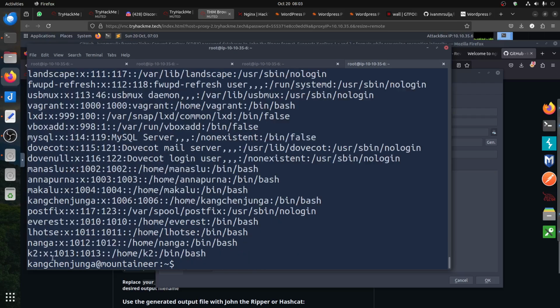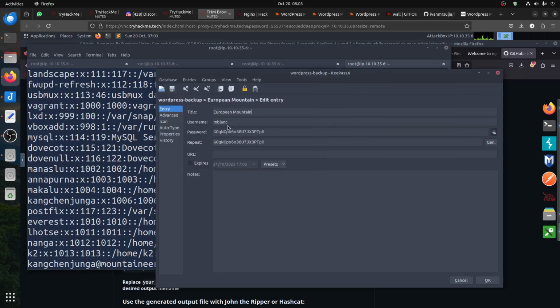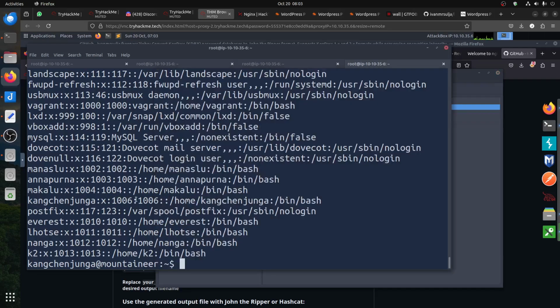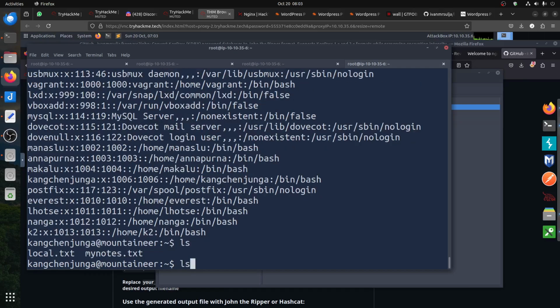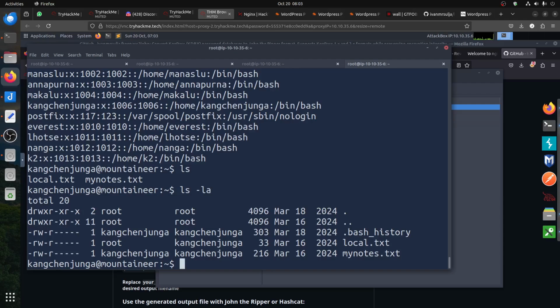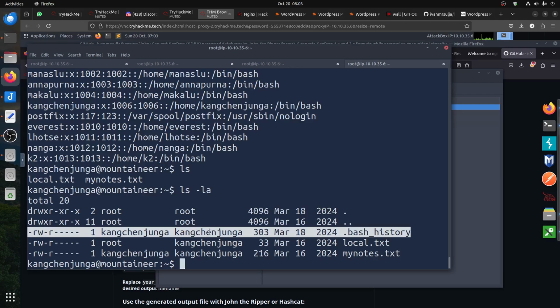Is Everest lost? There's no blanc. I don't know what this password is for. Username and blanc. In any case, we don't care too much about that because now we got something interesting. If I go ls -la, you can see I can read the bash history now. Remember, we saw this before. If I do cat bash history,